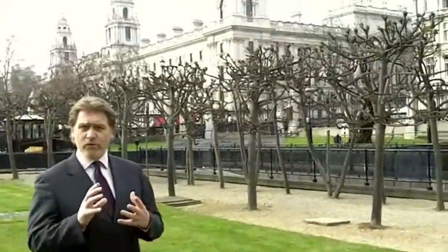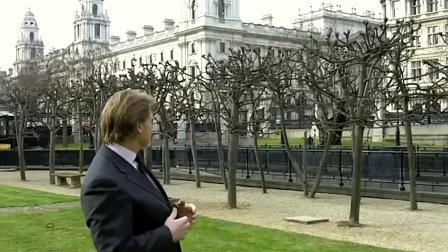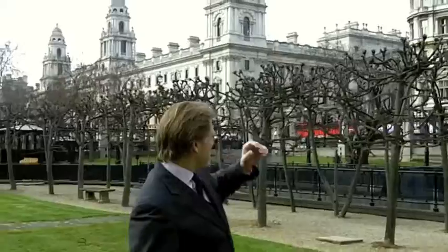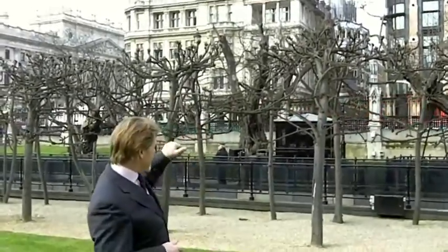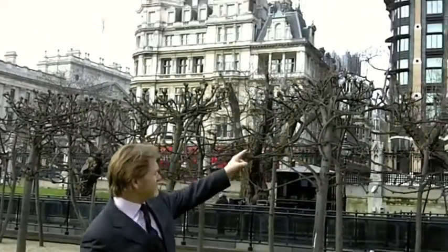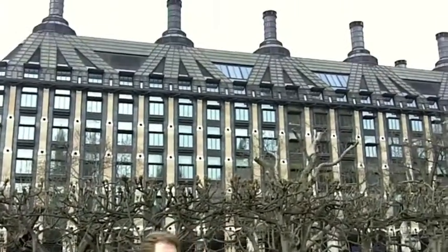That's the corner of Whitehall, which is a city in itself, and it all looks the same huge scale, of course. And then here we have part of what's called One Parliament Street, which is part of the Palace of Westminster. To get to it, you access it underneath the road, or you've got to get across the road. And in this building here, this lovely building, is Portcullis House, which was completed about 12